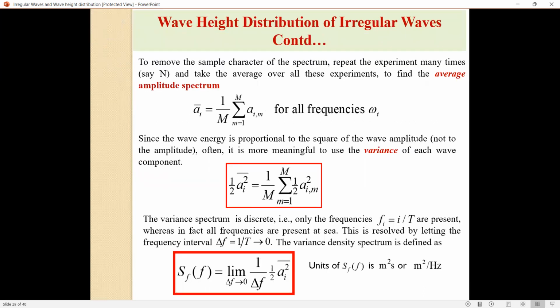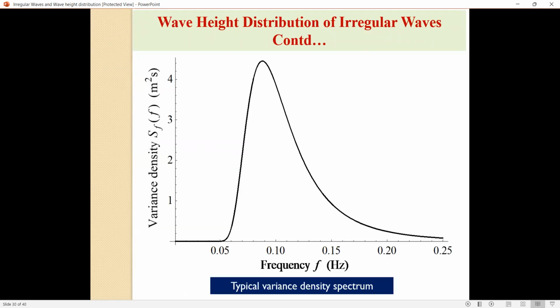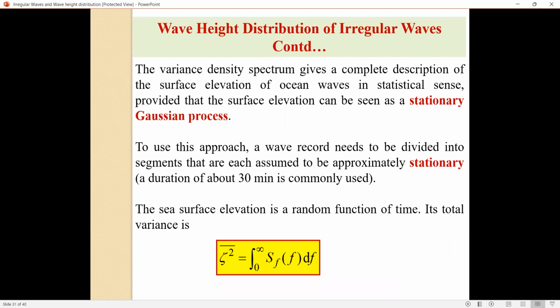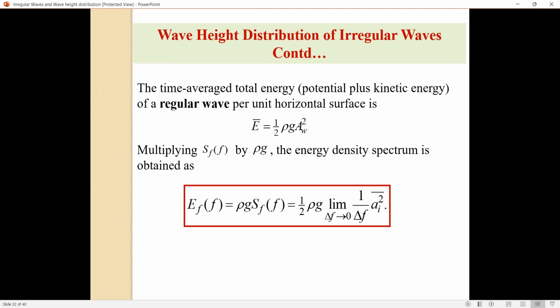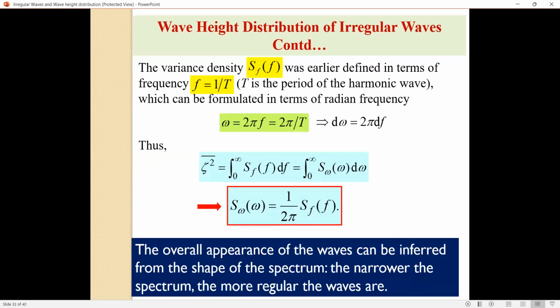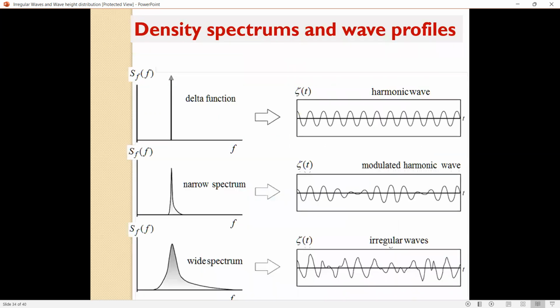So in that sense, we have the amplitude spectra, and we have the other spectra that have come into that, and then we have the wave height distribution of irregular waves. This is a kind of variance density. Go more to the spectral theory, the variance density spectrum. Then the system of the Gaussian process, the stationary Gaussian process. All these things have come into the picture, and from the narrow spectrum to various wave height distributions, the distribution theory comes into that.